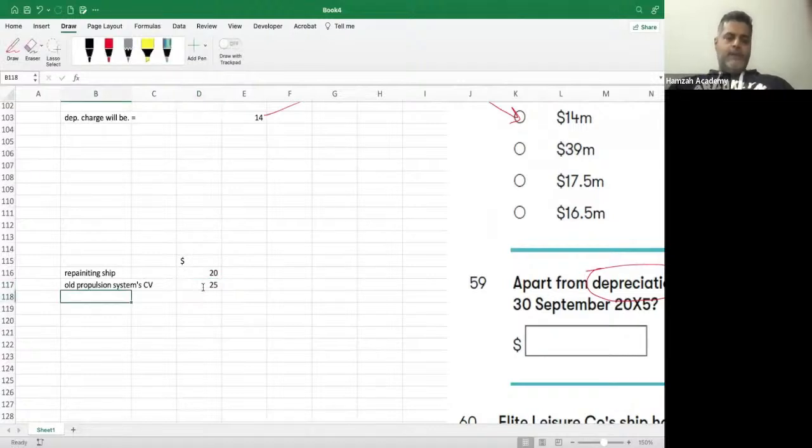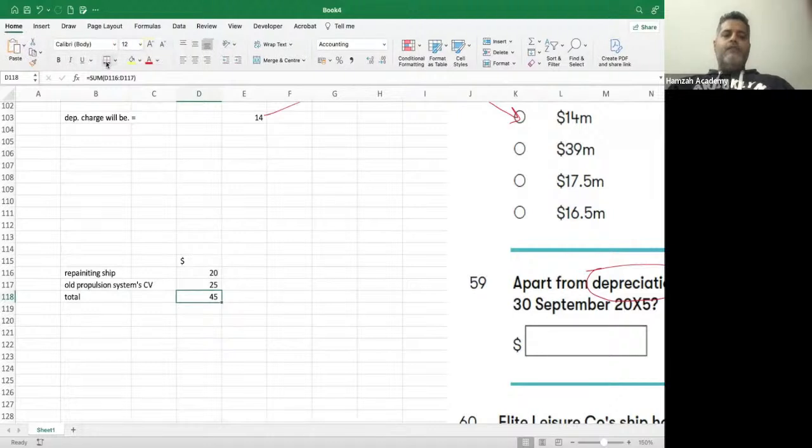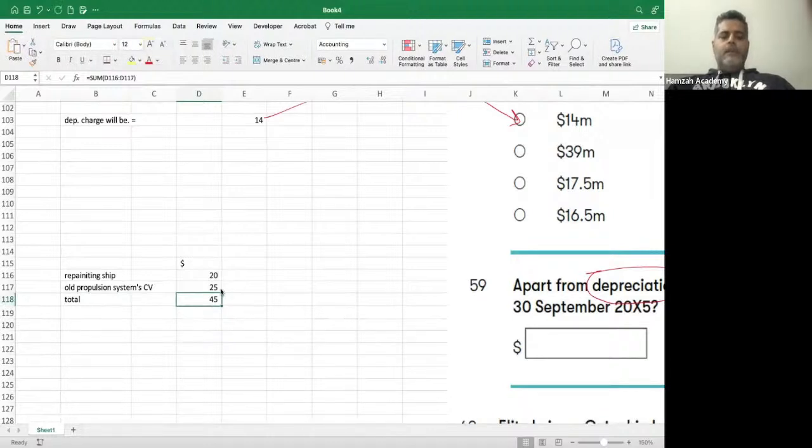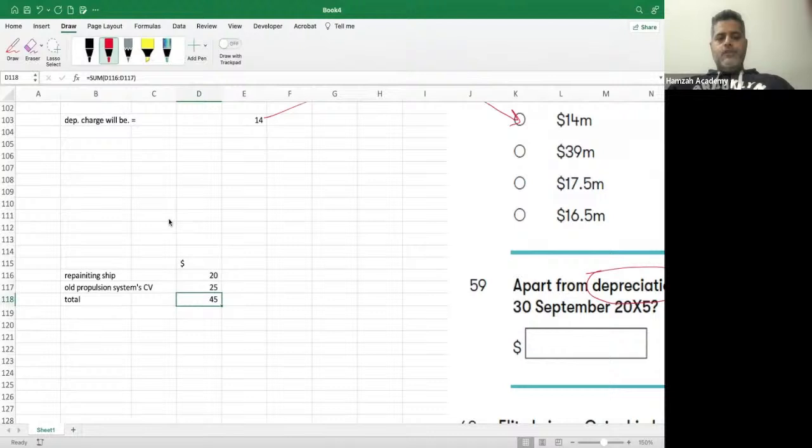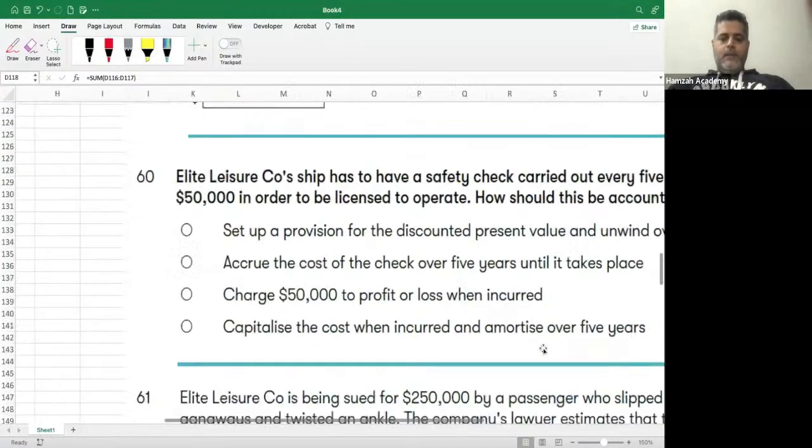So we'll write 25 over here, right? If we do the total, it becomes 45, right? So apart from the depreciation, we are going to have these two items that we have to charge. So the answer is going to be 45 million over here. Okay, now